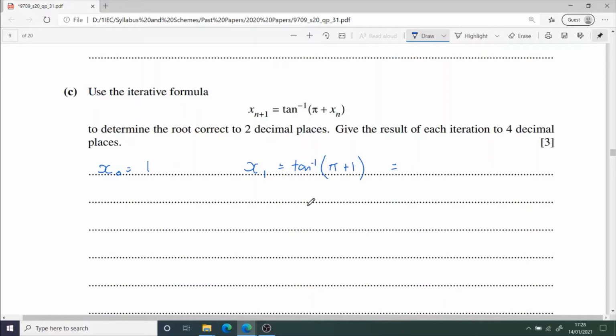Okay, when I do that, that gives me 1.3339 to 4 decimal places as requested. Now what I'm going to do here for my x2 on my calculator, I'm going to write answer. So I'm going to delete that 1 and replace it with answer, and that should automatically calculate my next root. And I get 1.3510. Now all I need to do is press equals, and that's automatically going to substitute in my last value, and I get